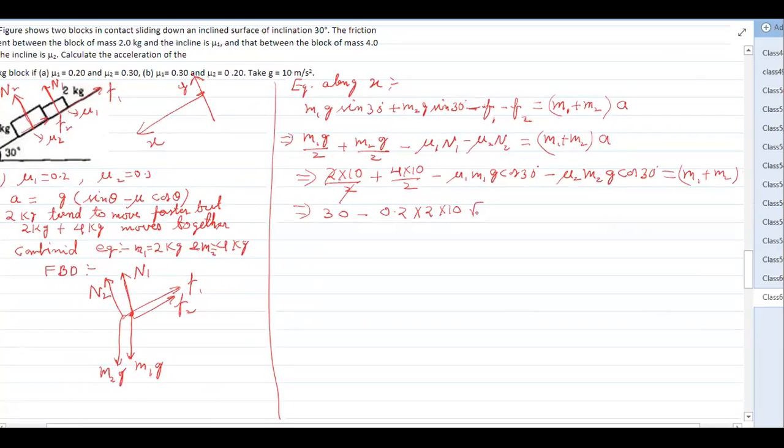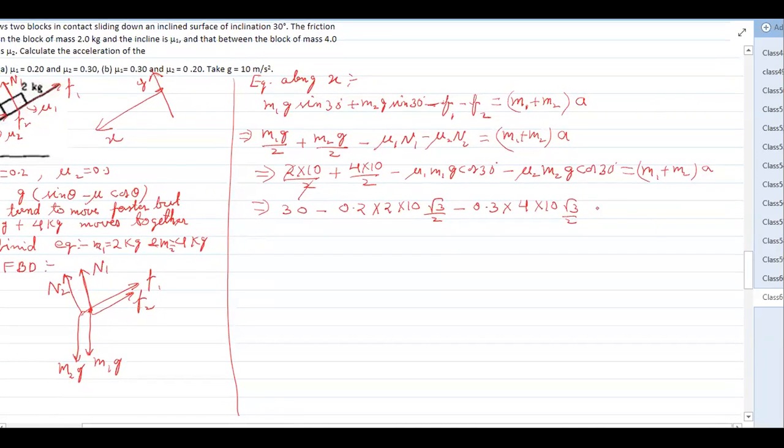G is 10, cos 30 is root 3 by 2, minus how much is mu2? 0.3 into m2, which is 4, into g, which is 10, root 3 by 2, and 2 plus 4 into a. So if you solve it, 30 minus it is 0.2, so that is 2 root 3, 2 root 3, and it will be